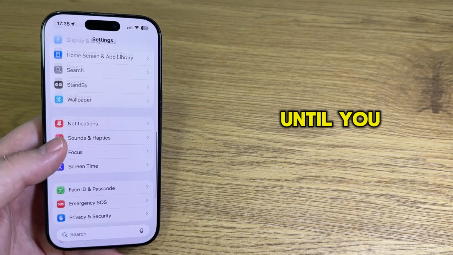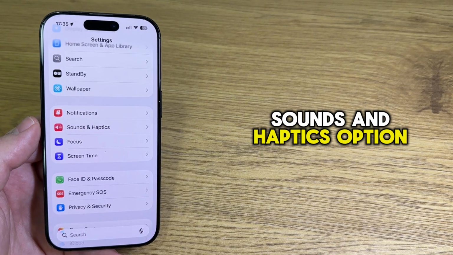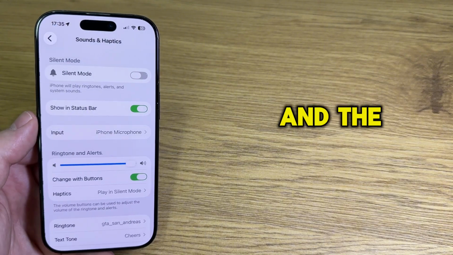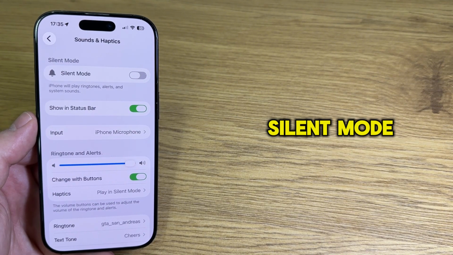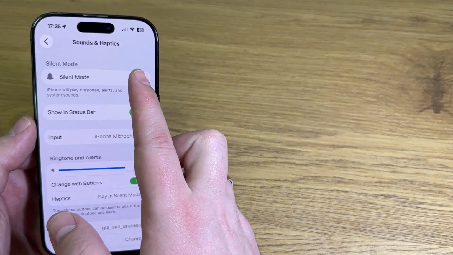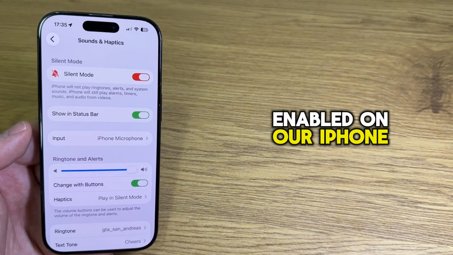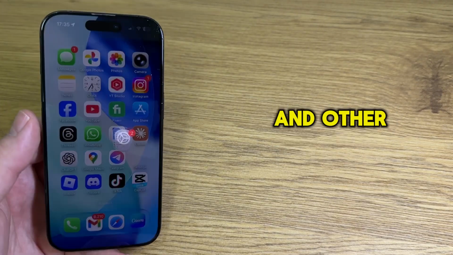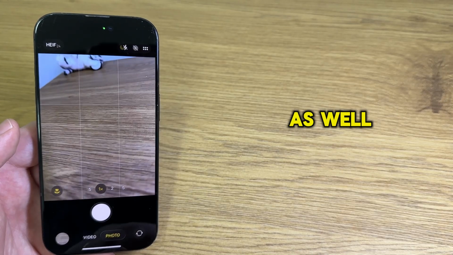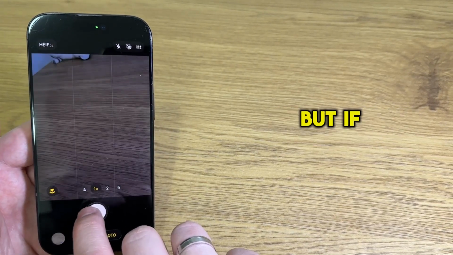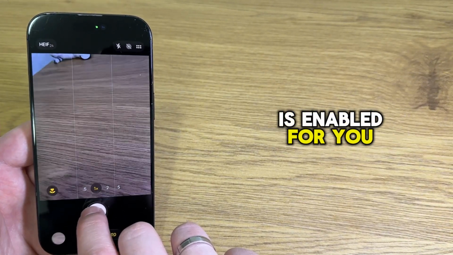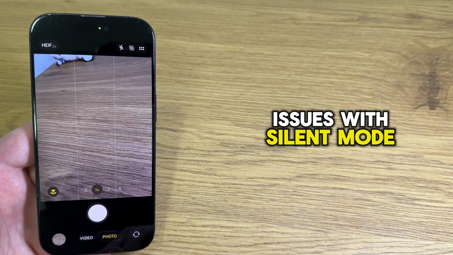Scroll a bit down until you find this Sounds and Haptics option and tap on it to open it. And the option which we need is this silent mode, so let's enable it. Once silent mode is enabled on our iPhone, the alerts, ringtones, and other sounds won't play, as well as the camera shutter sound. But if silent mode is enabled for you, and you're still having issues with silent mode, then